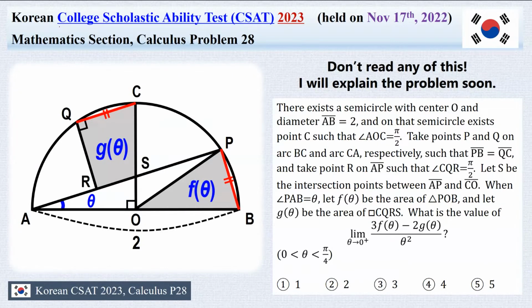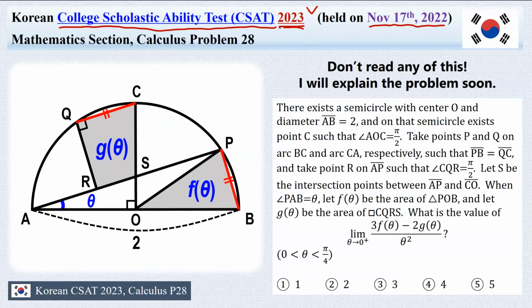Hello and welcome to yet another Korean College Scholastic Ability Test video. This problem is from the most recent exam, 2023, which was held only several days ago. The test is named with year 2023 because it is for the students who will start their college year in